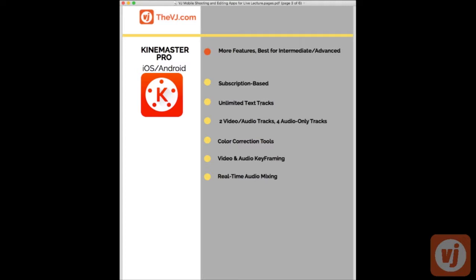So unlimited text tracks, you get lots of tracks. You get 2 video audio tracks, and then you get 4 audio only tracks. There's great color correction tools. Big one right down here, this video and audio keyframing. Now, to my knowledge, there's only 2 mobile editing apps that allow keyframing. And keyframing, if you've watched our editing lessons for any of the software programs,